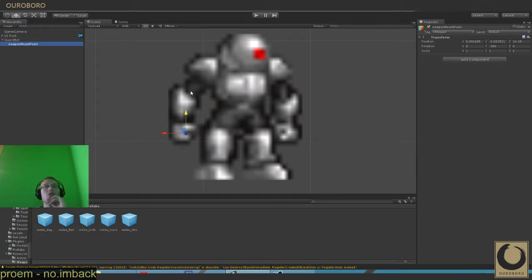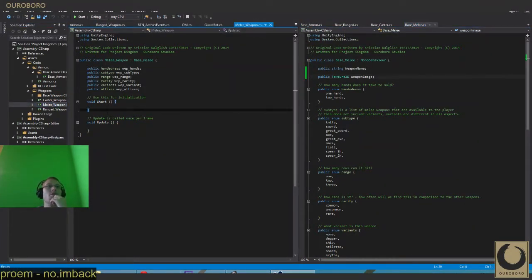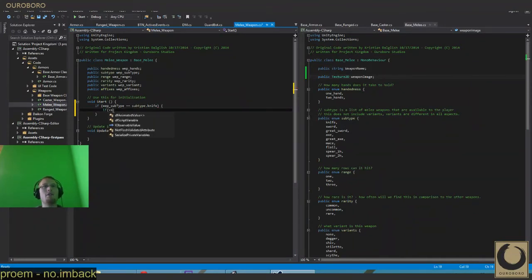So if I was to mount that image, which really makes no earthly sense at all for me to actually do it because it would look funny, but what we would end up doing is the base armor, base range for where's my melee weapon. So since the dagger works, I would do if variants. Let's see, if knife. So first we would do subtype to find out what it is. Equals dot knife. Then we would start doing knife things, and then we would decide if it's variants, if weapon